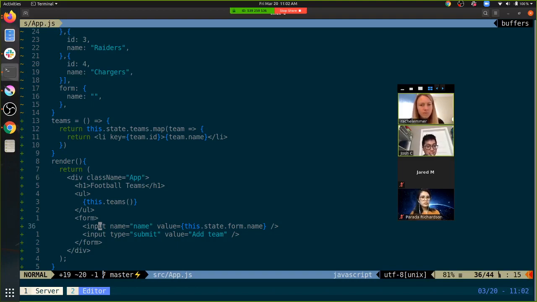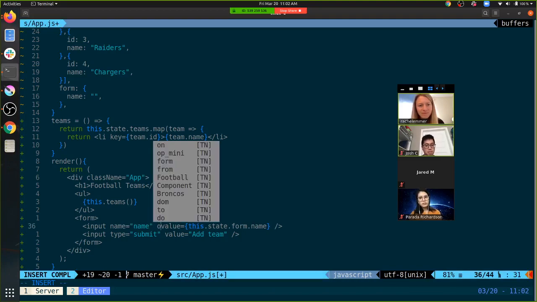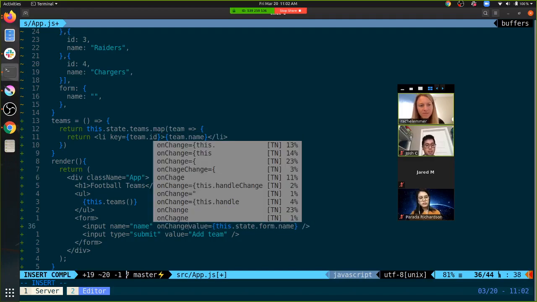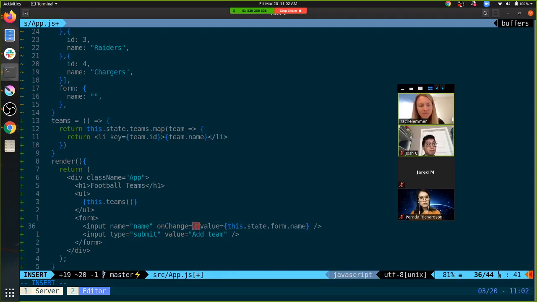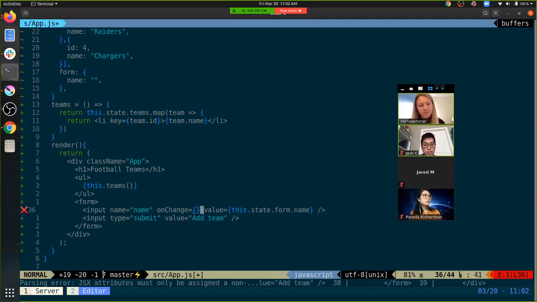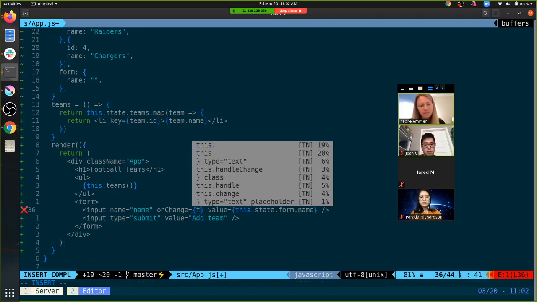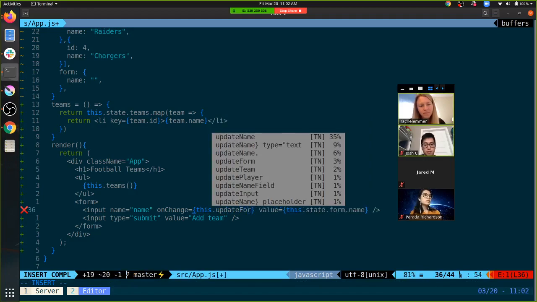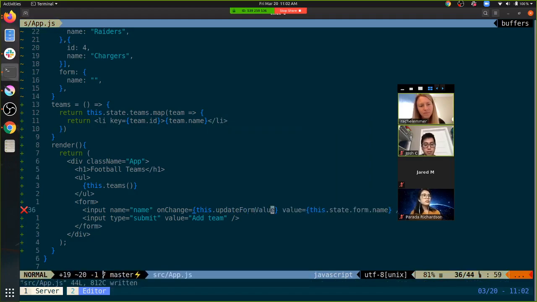Good question. Make a function to listen to it for that change. There we go. I like it. So it needs some function that we can call onChange. So we can call this update form value, like that.